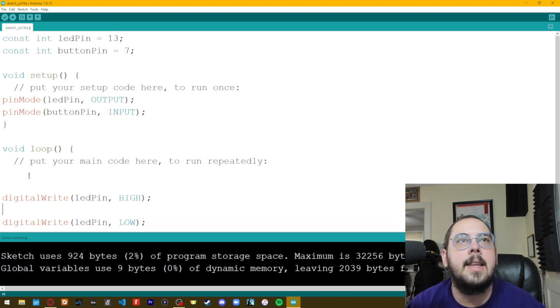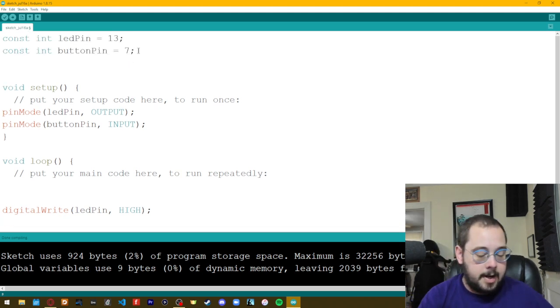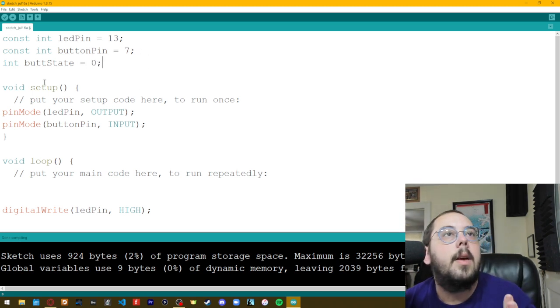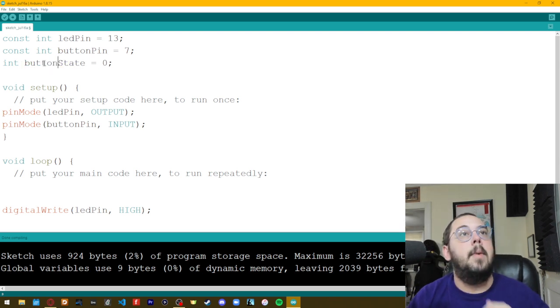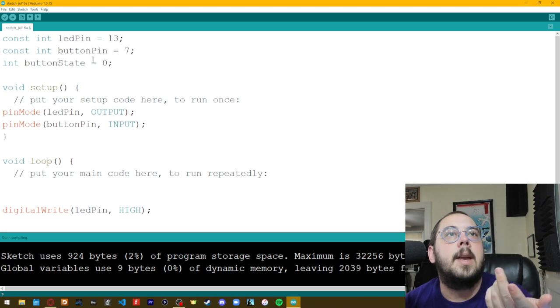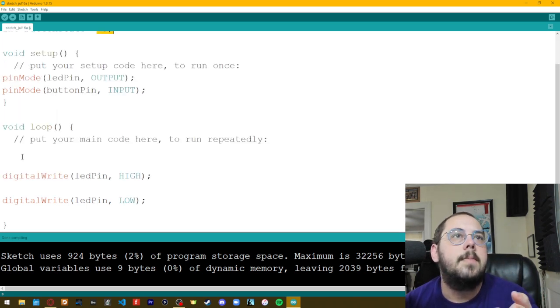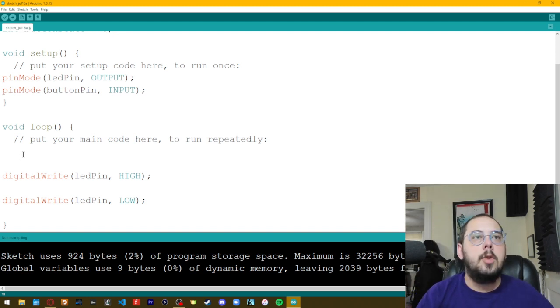So I'm going to get rid of that delay, and we actually need to say int button state equals 0. So basically, we're going to monitor the button state, and I'll keep it consistent and make it button state. And I'm just giving it a default value of it's off. There's no electricity. So what we can do here is in the loop, we can just say button state gets assigned